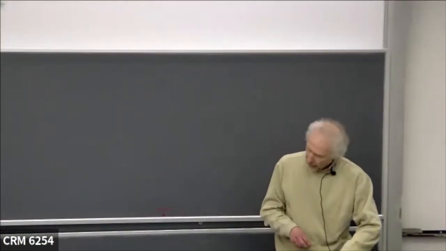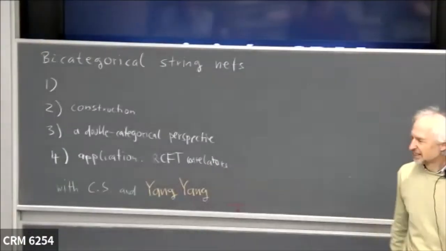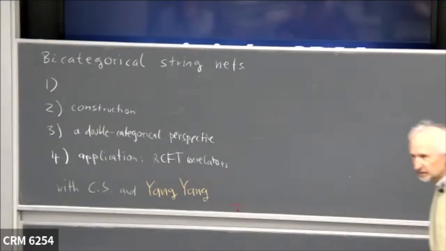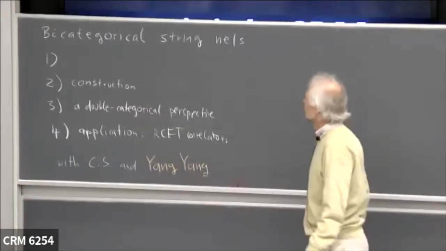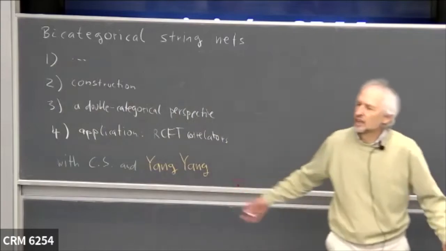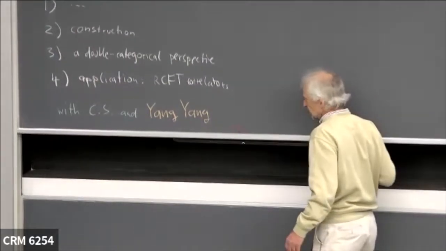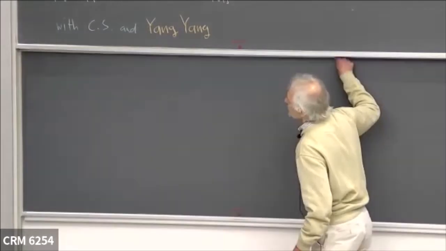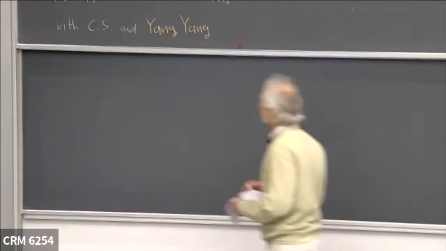Before that, I will describe a perspective which is actually different from the bicategorical one, namely in terms of double categories. The main part will be to describe some aspects of our construction. I start with some kind of motivation and telling you what the problem is that we want to solve. In particular, I will try to tell what string nets are. So the task